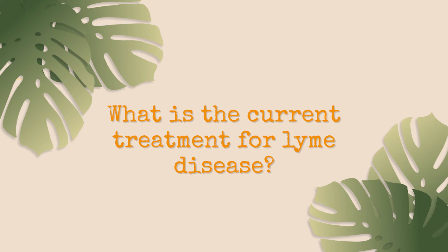Treatment for Lyme disease currently, the recommendation is for those who are greater than 8, we typically use an antibiotic called doxycycline. And for those who are younger than 8, we typically use an antibiotic called amoxicillin. And the treatment is for 14 to 21 days, depending on your symptoms. Because that's such a long course of antibiotics, it's nice to be able to have an option for prophylaxis,